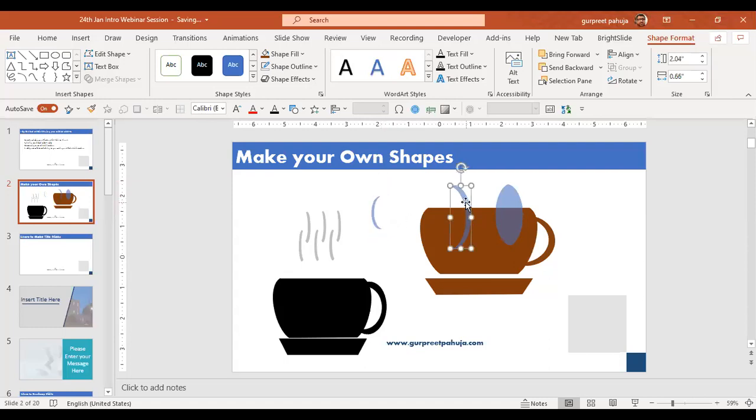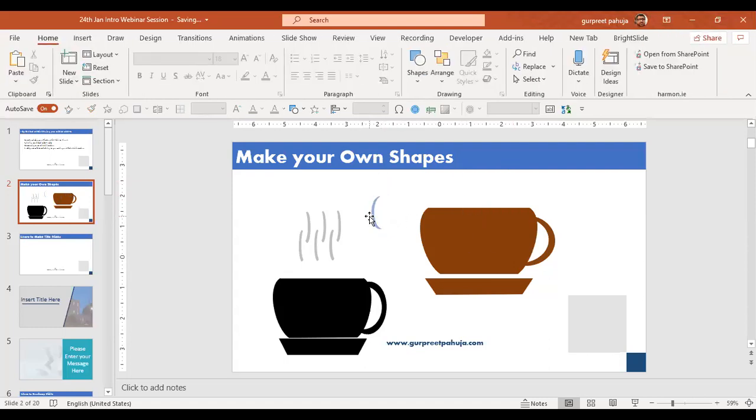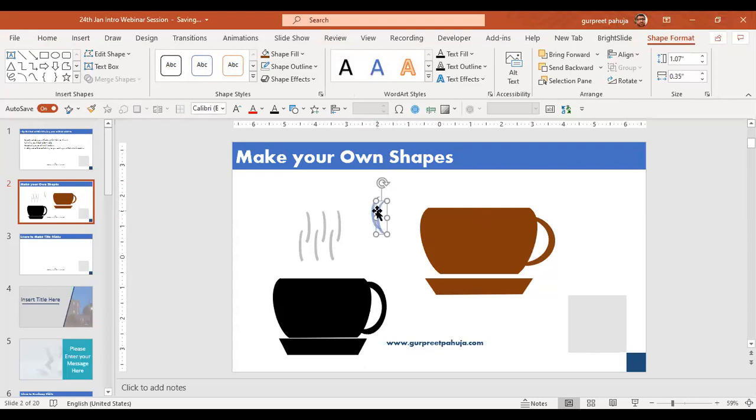I'll reduce the size. I will delete both of them. I will duplicate this and I'll go to shape format. And I go to rotate and I do flip horizontal. Let me first reduce the size. It's still a little bigger.